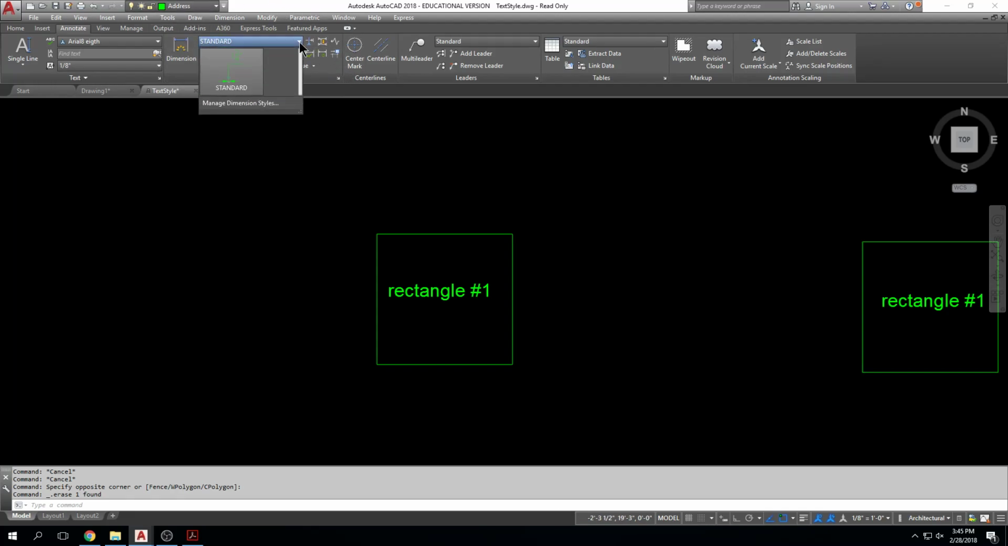If you use this little drop down, this is the same as our text style gallery right here, right? So if I use my drop down, this is where all of my dimension styles are going to appear when I create them, all right? Now, in the old days, back in the old days of AutoCAD,